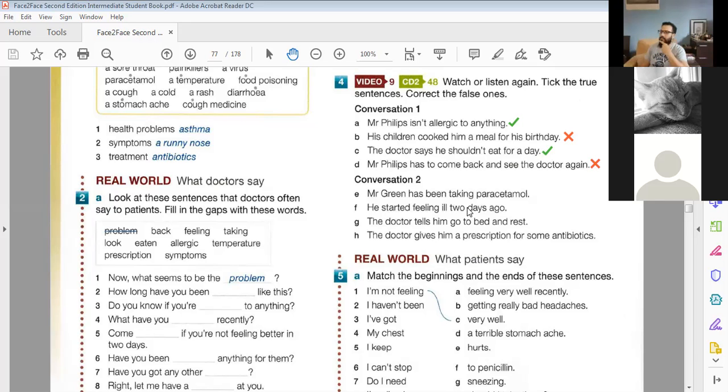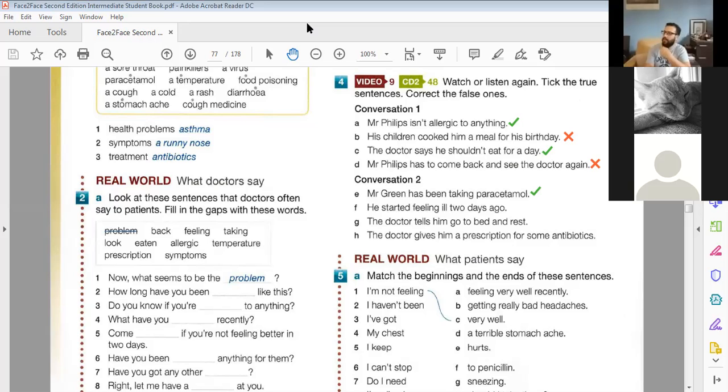All right, what about the flu guy, the second person, Mr. Green? Has he been taking paracetamol? Is this true? It's true. She didn't say paracetamol. I think he did, actually. The only thing he said was he took them at home, in the house, before he came. But he said they haven't been working. They're not that effective. Yeah, it's true.